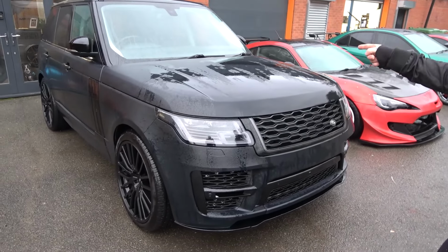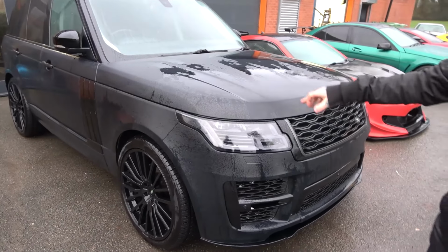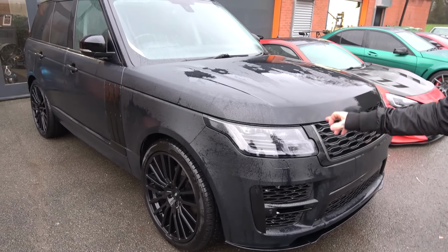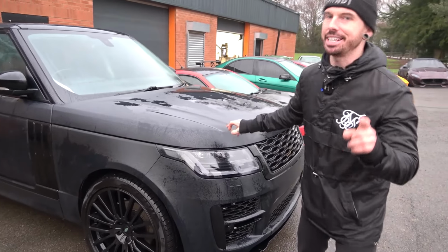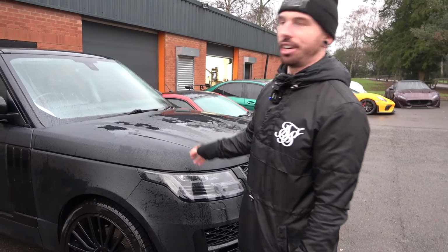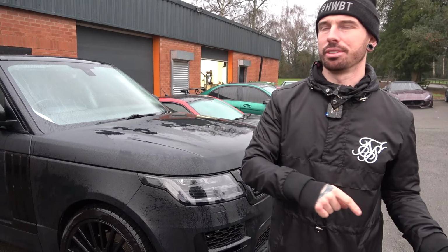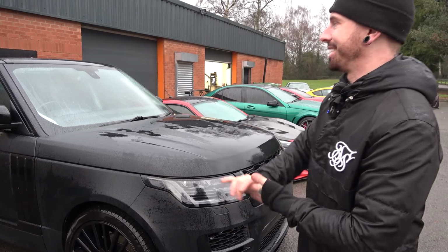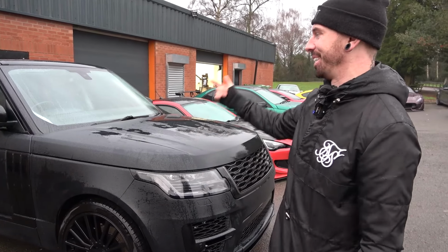And slowly the Range Rover. This was a 2015, and I facelifted it to a 2018. This was rolled over. The previous chap who owned this was drink driving back from the pub, decided to roll it into a ditch, and again his insurance wouldn't pay out. It was on trade insurance. Obviously he was drink driving, and so he sold it on eBay,